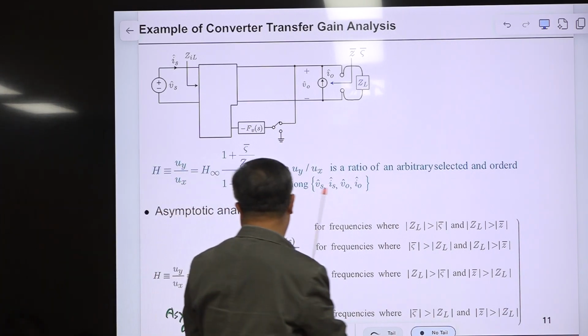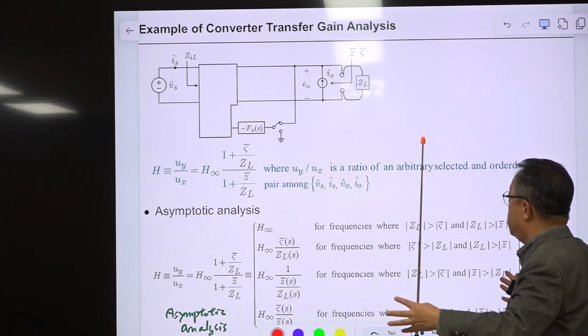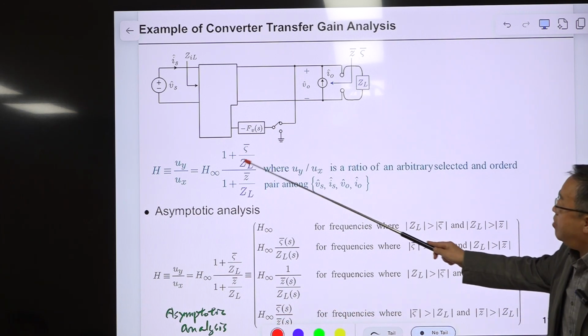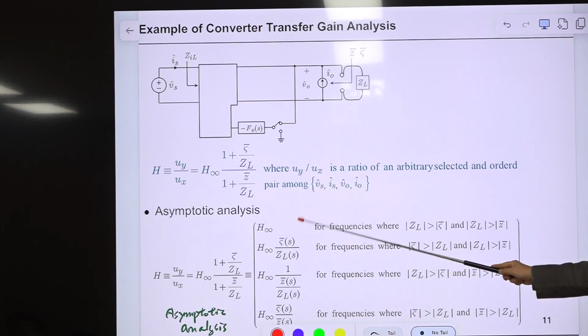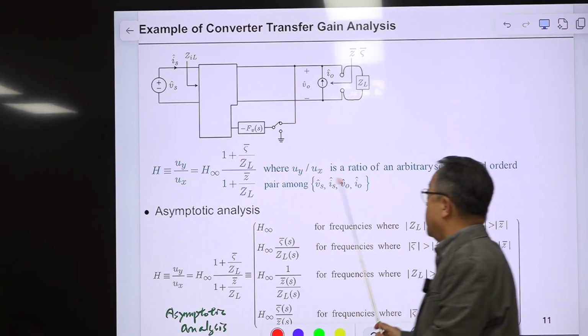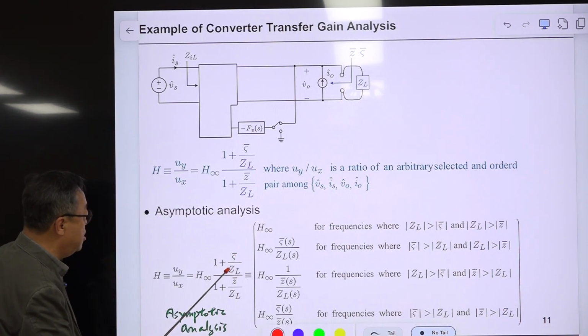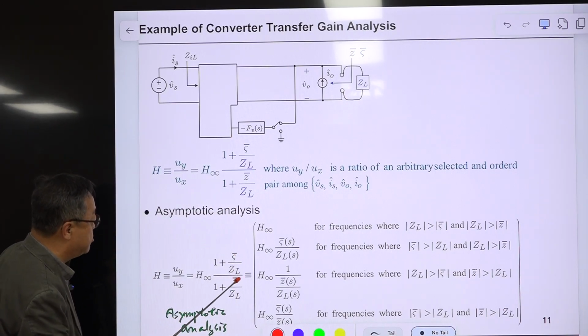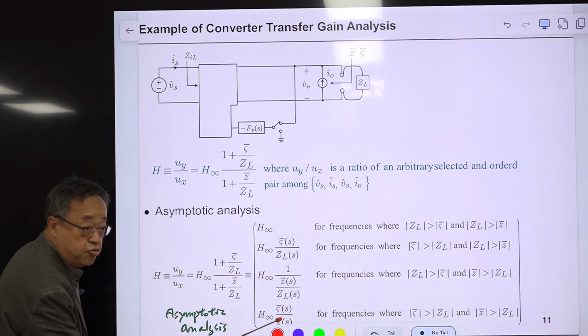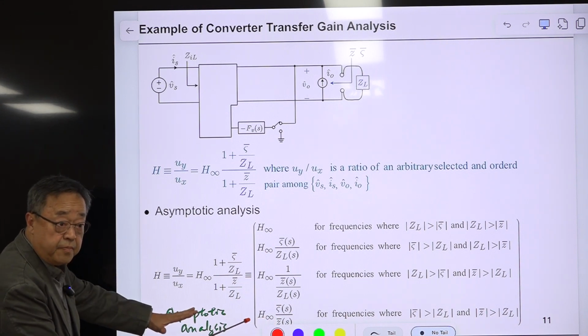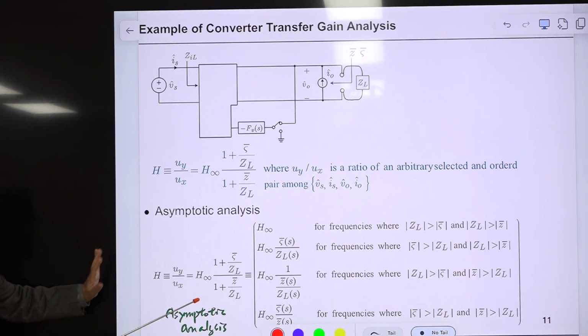For example, assume for some frequency range, GL, later on we have information about GL anyhow, the magnitude of GL is larger than this one and larger than this one, in some frequency band. Then use this one. For some frequency bands, this zeta bar is larger than this, and this X bar is larger, G bar is larger than this. Then this one and this one cancel, and you use this relationship, not the equation. You are not touching the equation at all. Just understand this relationship.